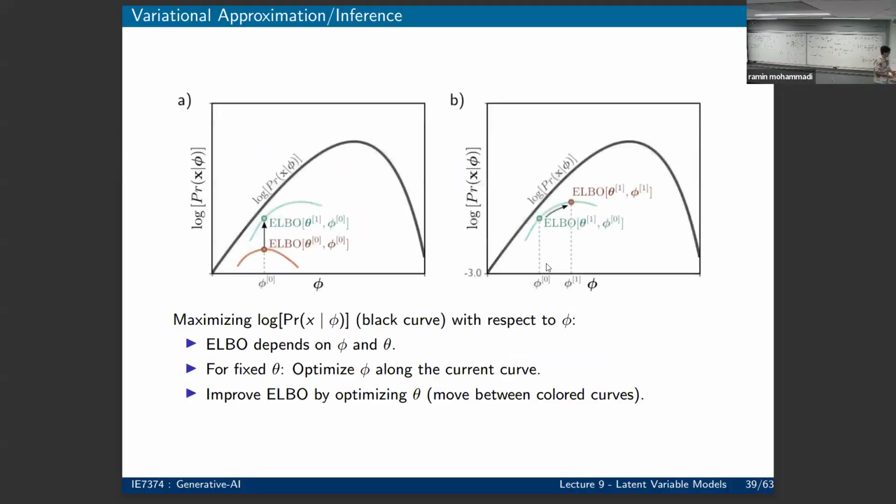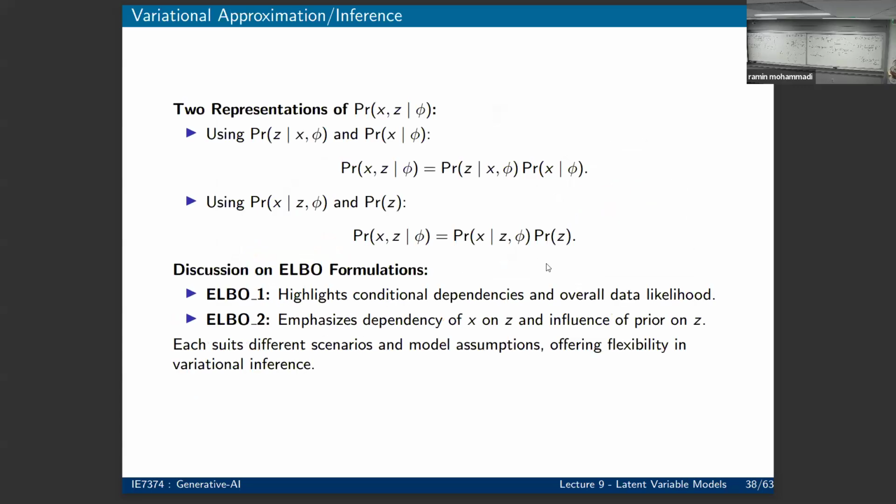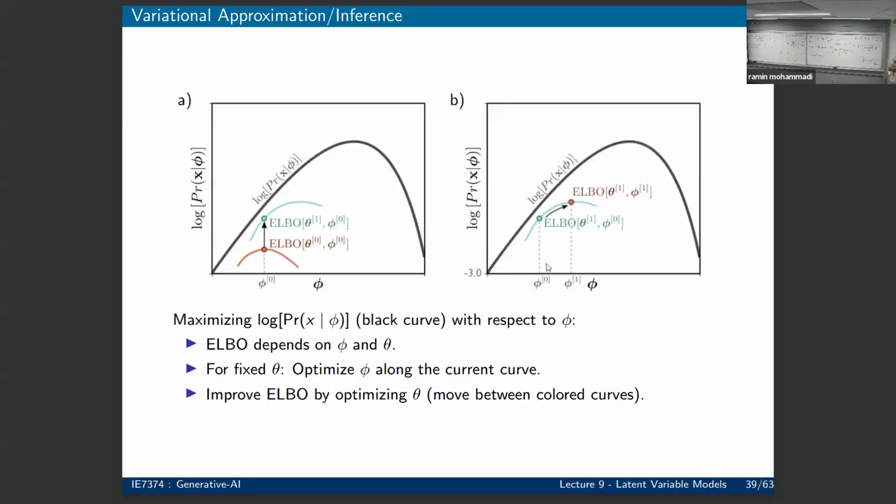Now we want to focus on the ELBO and how the learning process works. One thing that's really important is, you have this log, which goes up and down. You have two models technically, an encoder and a decoder, right? There is an encoder parameter, which is theta. There is a decoder parameter, which is phi, okay? Now,